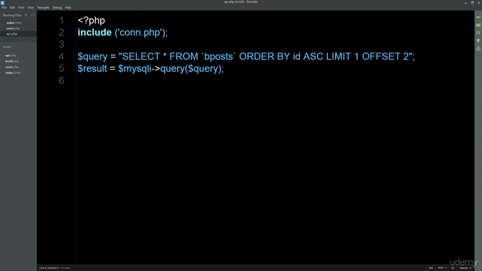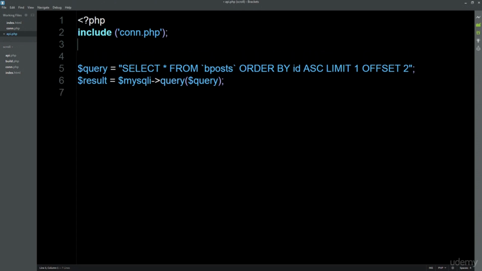And now we need to loop through the contents of the query, and we need to actually build it out into a retrievable format, so ideally a JSON format. So let's create an array. We'll start out with just a blank array. This is our placeholder array, and we're going to query into the database